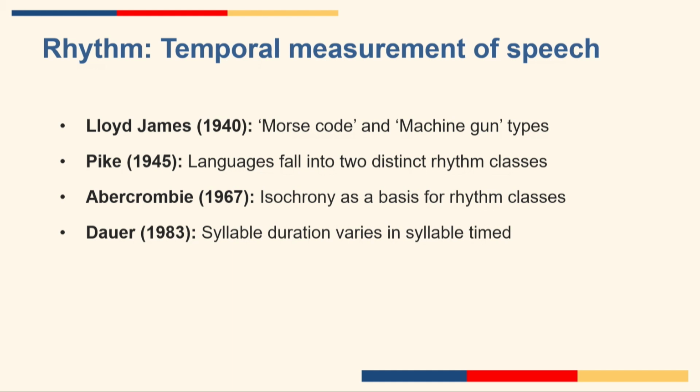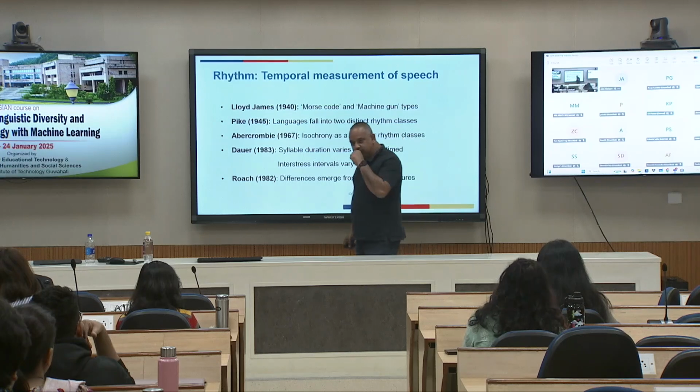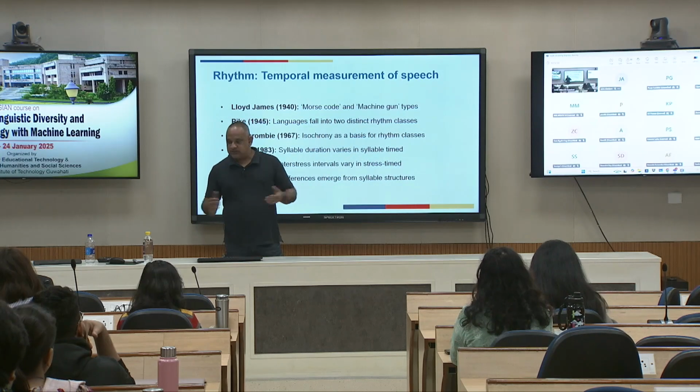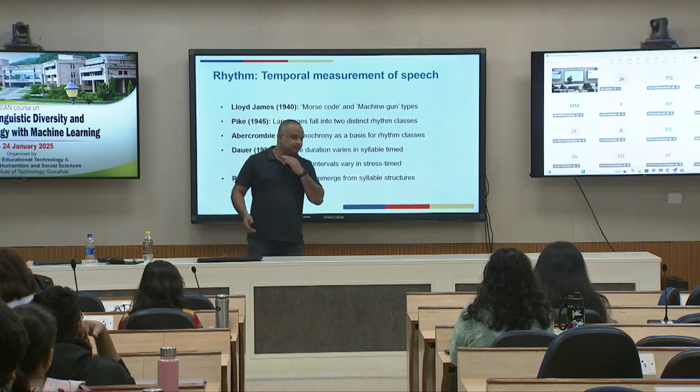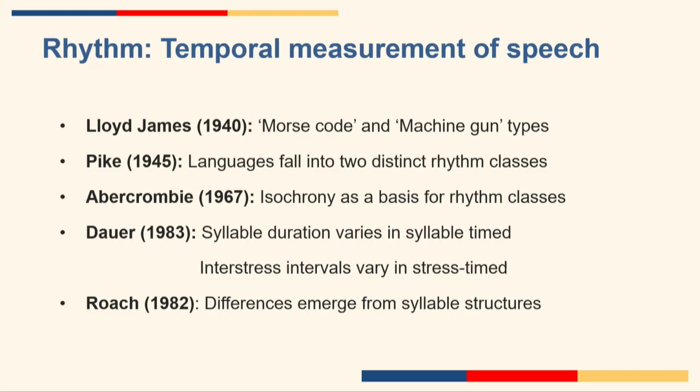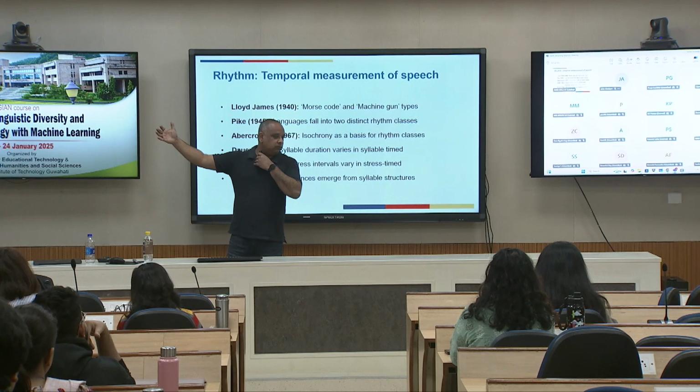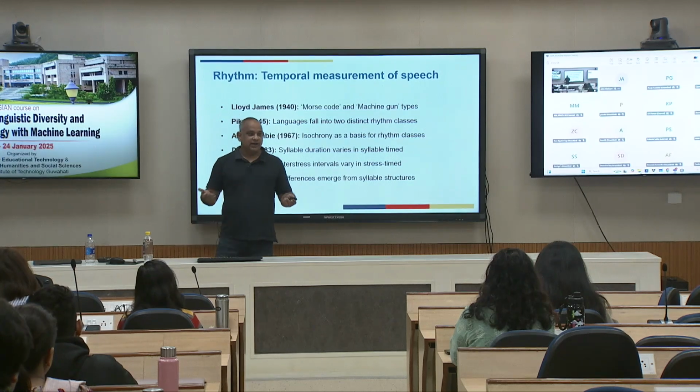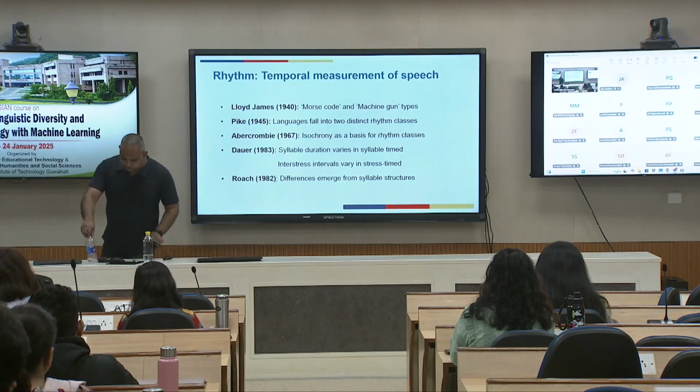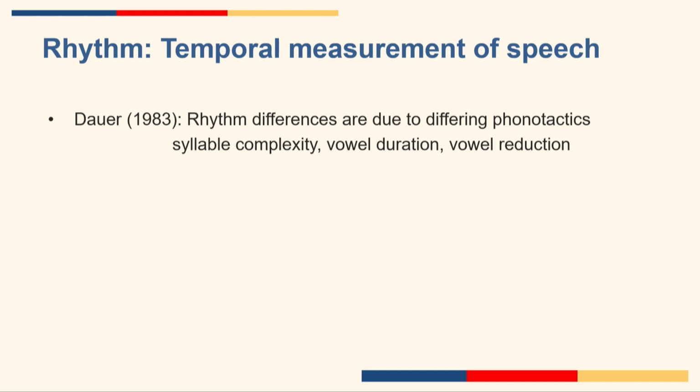Some of these differences also emerge from the fact that languages have different syllable structures, or languages tend to make syllables in different ways. When I talked about the Chinese type of languages, you already know that Chinese has very limited syllable types, like Japanese, compared to, let's say, English type of languages, which might have very complex kinds of syllables in their inventories. Later, people also talked about different phonotactics that are associated with these rhythm values,